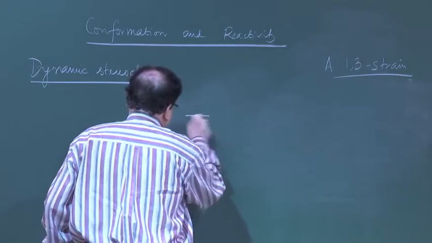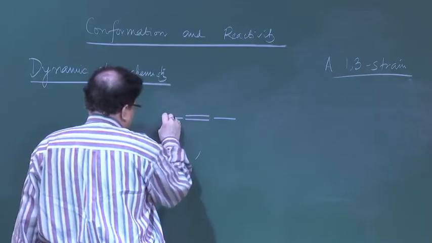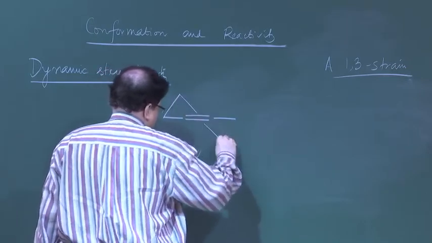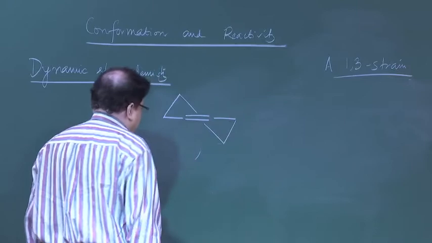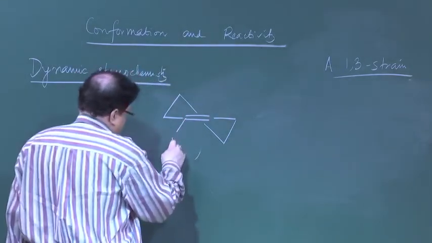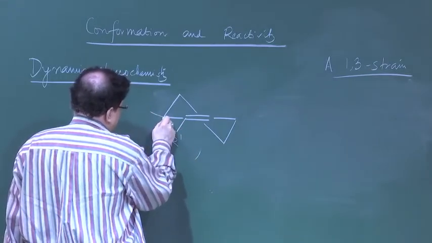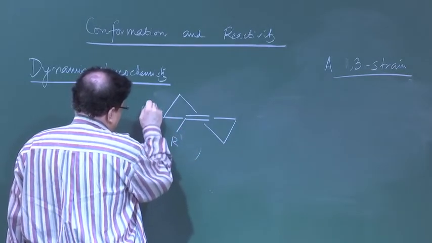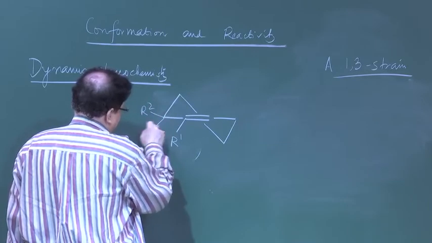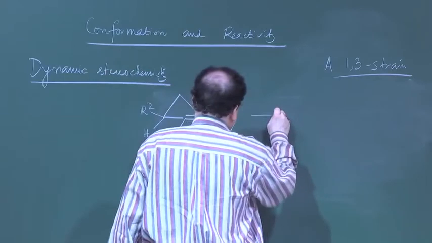And if you now write a perspective formula from the model, this is the scenario. So, this is the substituent I was talking about, and this is the R2 and this is the hydrogen. Okay. So, when it flips,